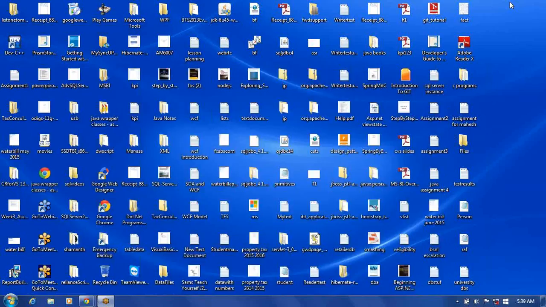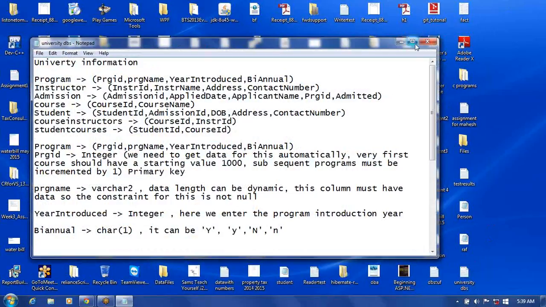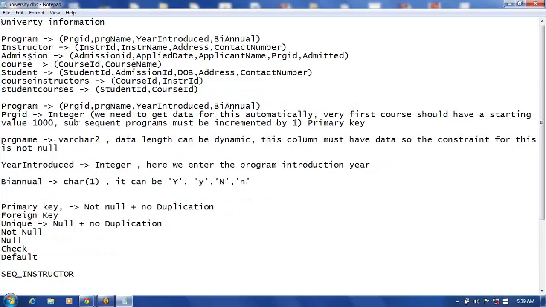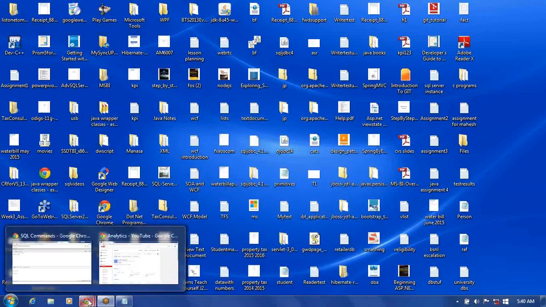So as per our University DBS document, we must create here a course table and other one is course instructor. So in the course instructor, whatever courses are being taught by different instructors, we put in that. So now we need to create here a new table called course, other one is course instructor. Let us see what is in the instructor table. What are the different